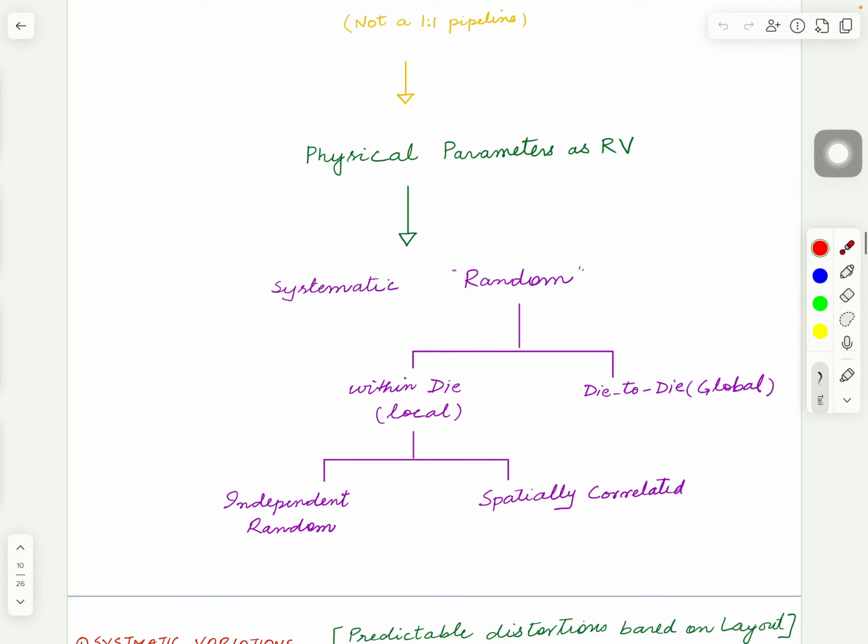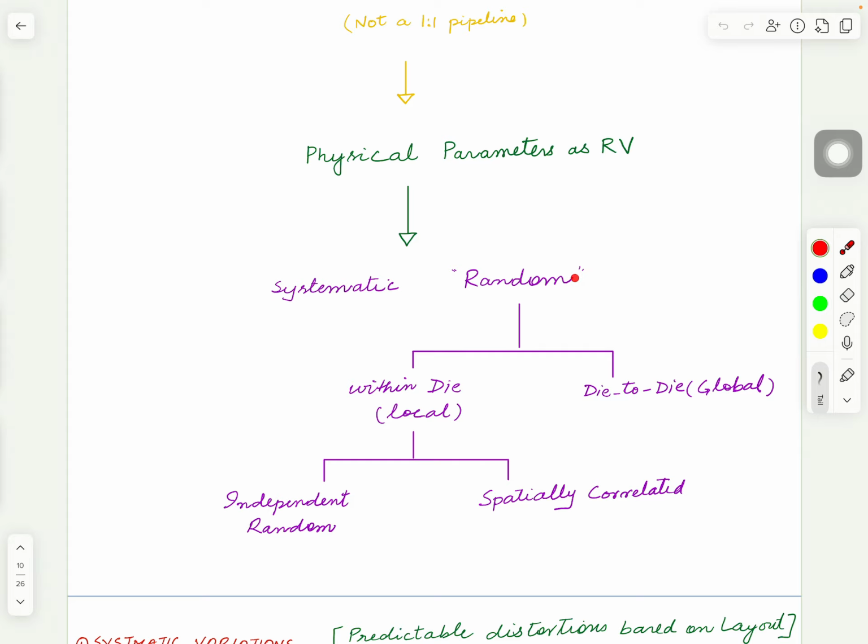Okay, so the paper introduces a nice picture there, and I kind of recreated that here myself. The random variables of physical parameters can be systematic or they can be non-systematic. I call this a quote unquote random. Systematic ones are those for which, even based on the layout, we can predict their variations. We can do extraction on those corners, and we can do timing on those corners.